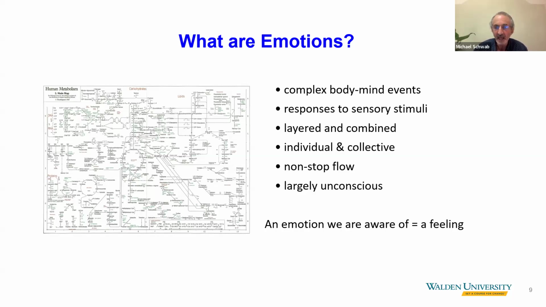Emotions are layered and combined. There are many shades and many colors, and the intensity of emotions all vary considerably. And we feel them individually and we feel them collectively. You know, as we move up towards this election, I feel that the collective emotional status of America is really shifting. Very interesting. This is a non-stop flow. It goes on all the time, and if we were aware of it, we couldn't possibly bear it. So it's largely unconscious. And when emotions come to consciousness, well, this is a controversial issue, what a feeling is.